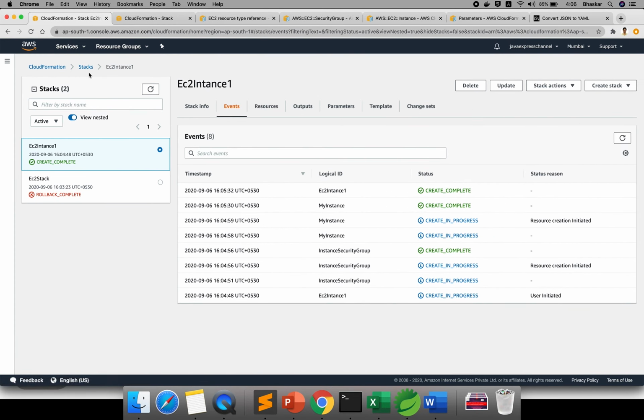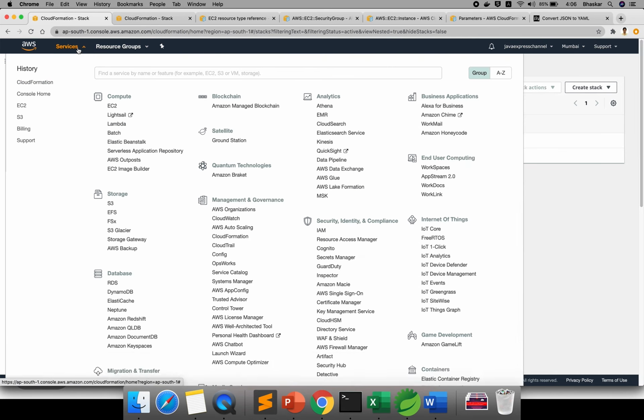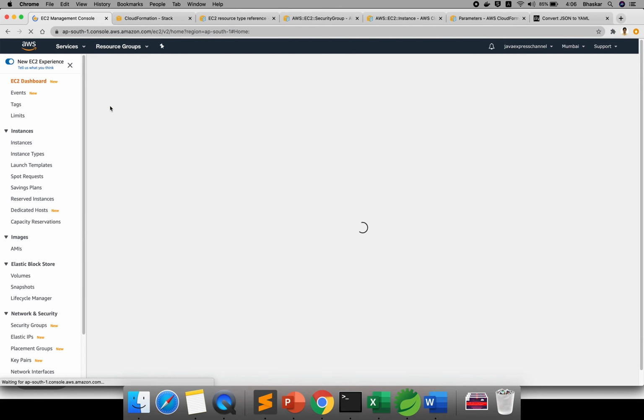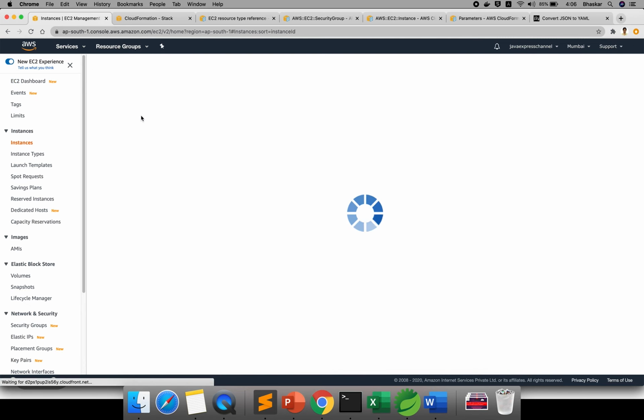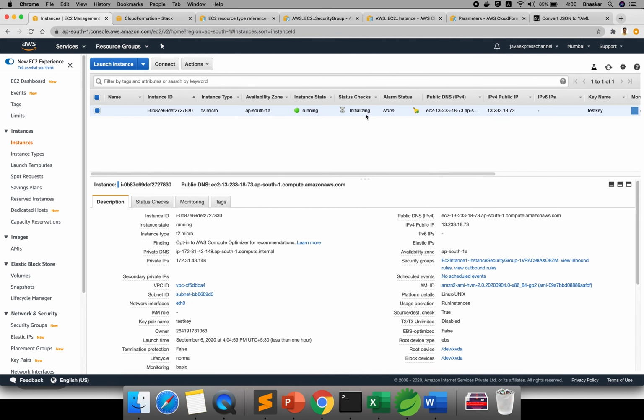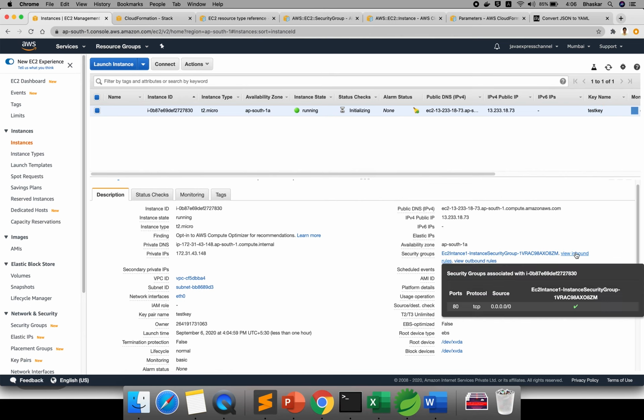Okay, now the stack is ready. Now your EC2 instance is created successfully. If you want to check, go here, click on EC2, click on running instances. See, this is your EC2 instance, it is ready. It is expecting this test key. Now if you see here your security groups, this is your own security group, and the inbound rules.